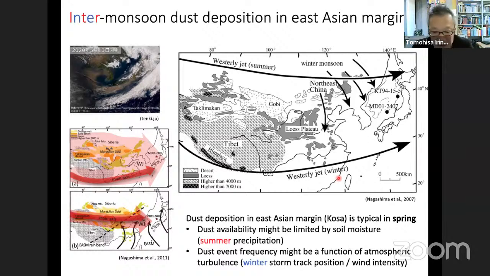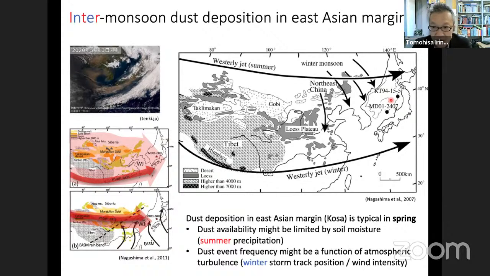But the dust event frequency itself is probably a function of the atmospheric turbulence or the storm track position, which will be controlled by the winter atmospheric circulation. So it is still slightly difficult to interpret the meaning of dust flux and compositional changes in the sediments in the East Asian margin. Probably there is clearly some signal of the westerlies